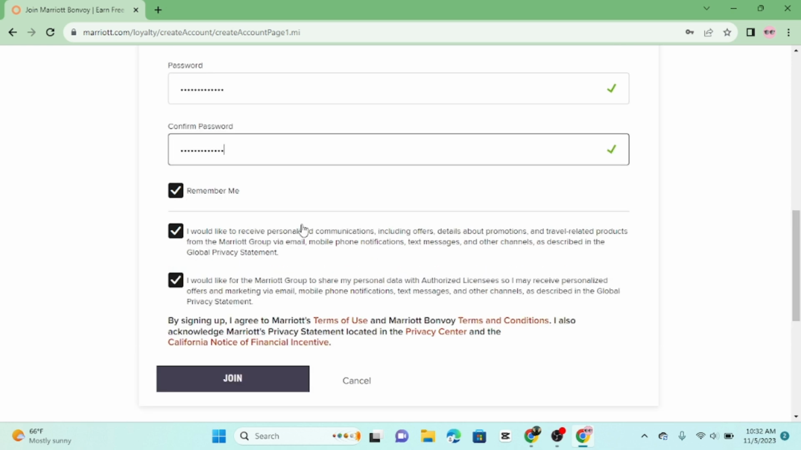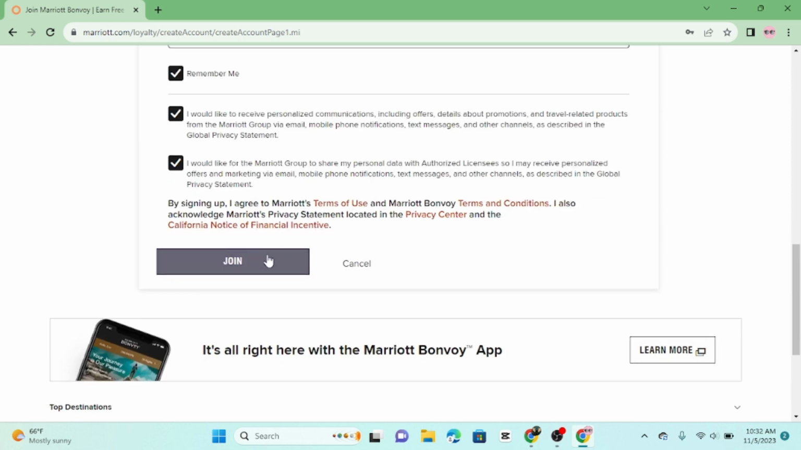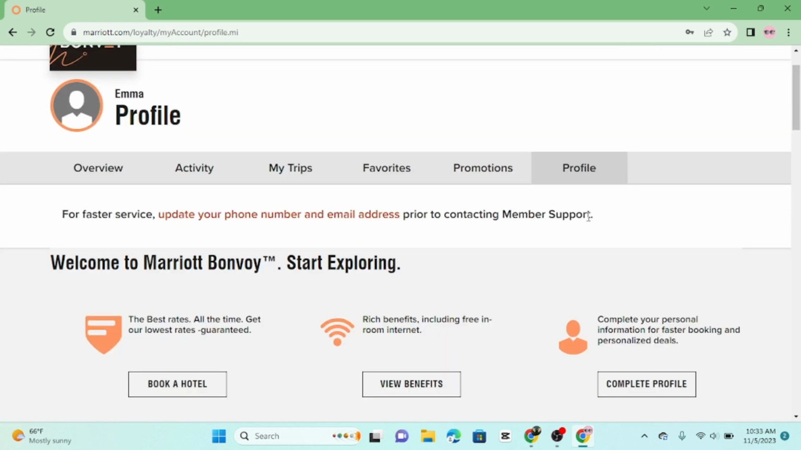Once you have filled in all the necessary information and accepted the terms, click on the Join button. And there you have it. You have successfully created your Bonvoy account. You are now ready to explore the world of travel, earn points, and enjoy exclusive benefits. Keep in mind that your Bonvoy account is your ticket to a world of exciting opportunities, from hotel stays to